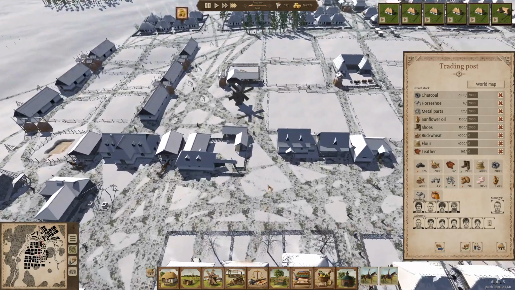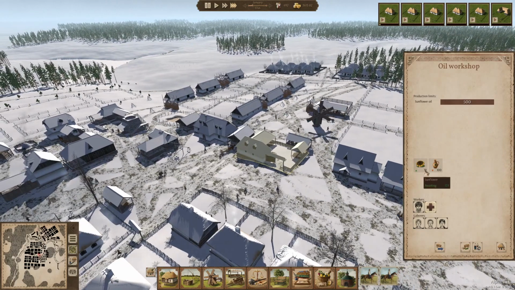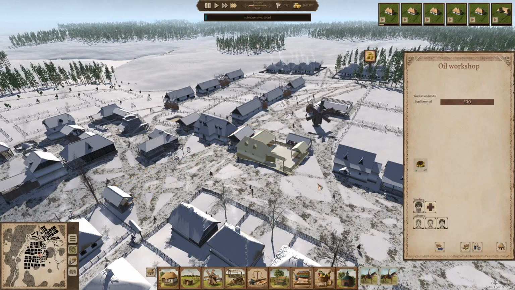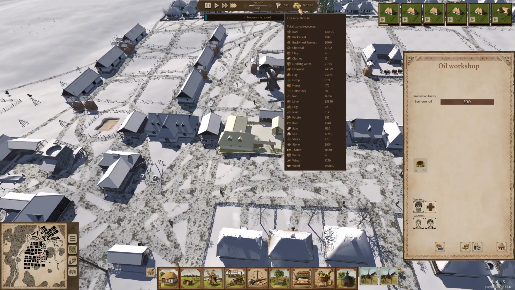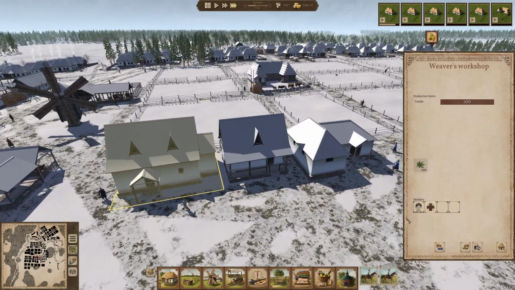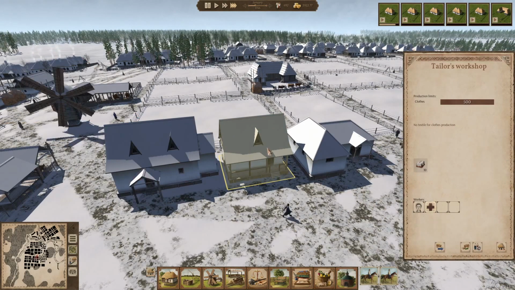And if we have a look at our sunflower oil works, our oil workshop, yeah, this is where we've got it. A lot of labourers. One worker seems to be enough. No spare sunflower. So we're doing the good stuff with the sunflower. Hemp we've got loads of, so we could make more clothes. So why don't we put more people employed at the weaver's workshop,